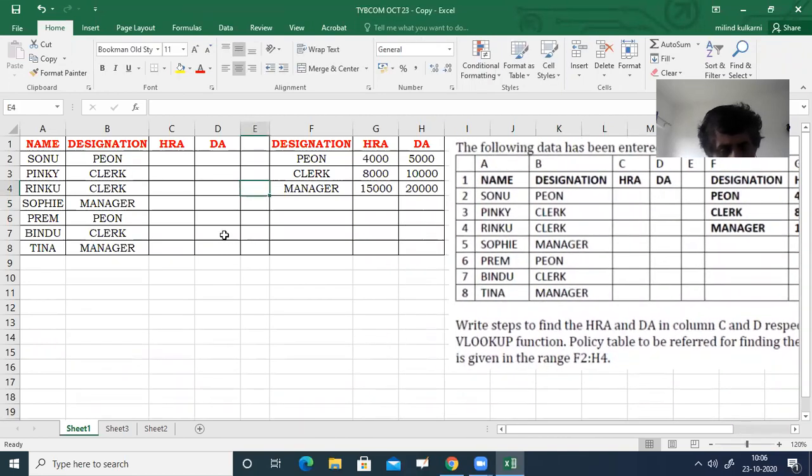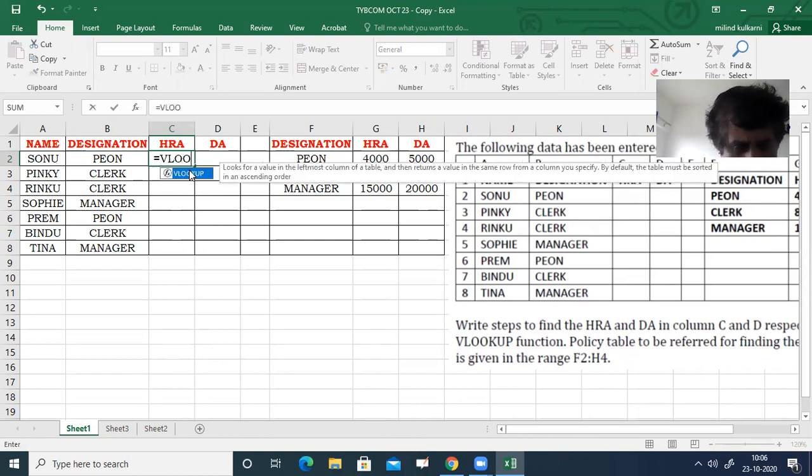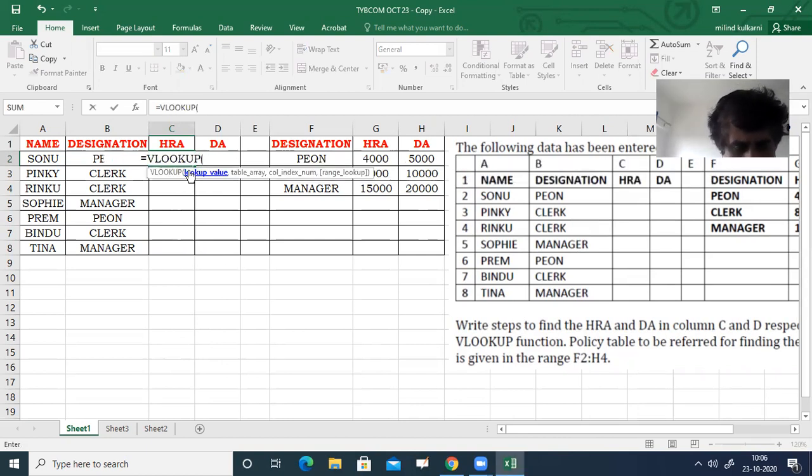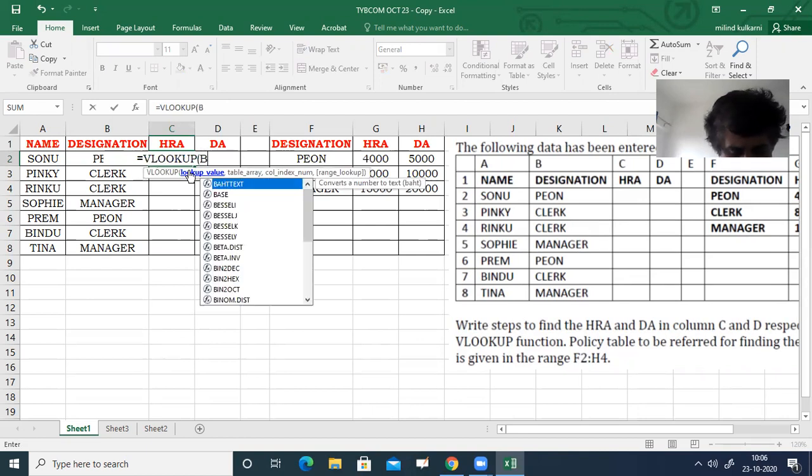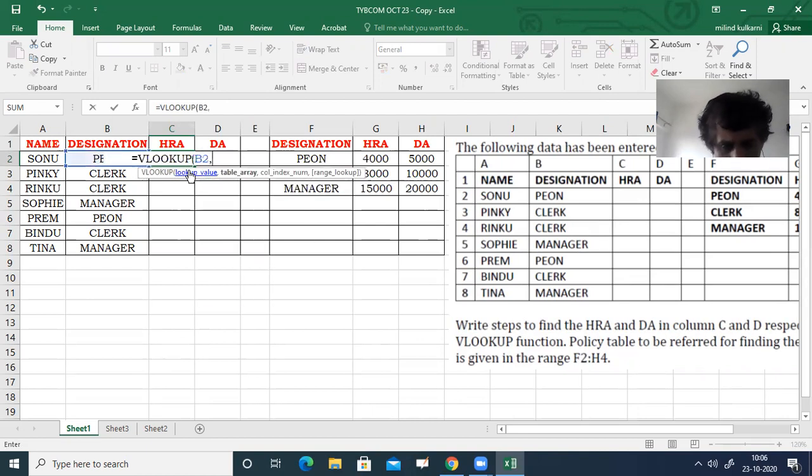Okay. And for HRA, see, the address for a peon is B2. Therefore, if you want to find out the HRA, first select C2, double click on that, equal to sign, VLOOKUP, double click on that, then B2, comma, for the policy table, for HRA, the range is about F2 to G4.